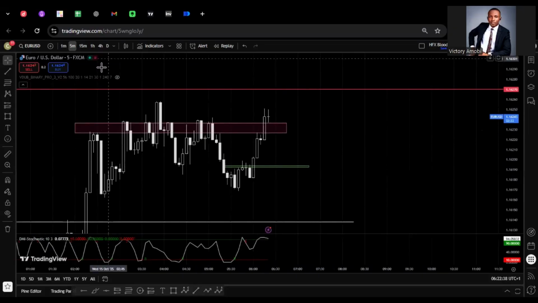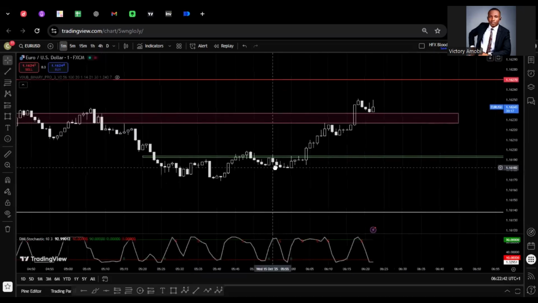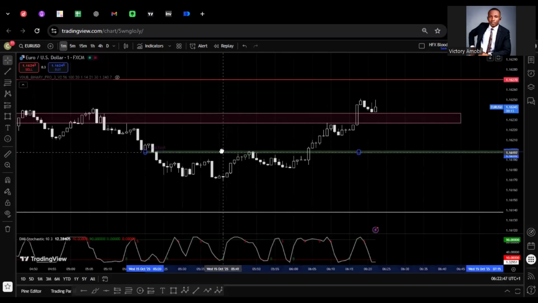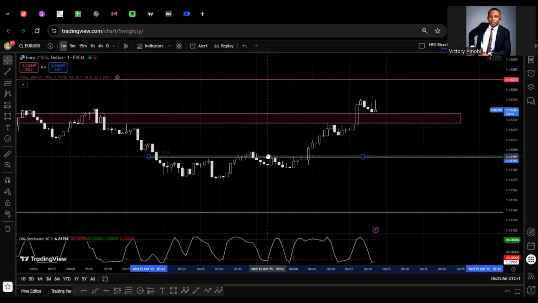Mind you, this is not the best setup anyway. It's not the best setup. But if you go down to a low time frame, perhaps it might make sense. Let me see. The entries are not much. We just have one. But if we decide to adjust it,